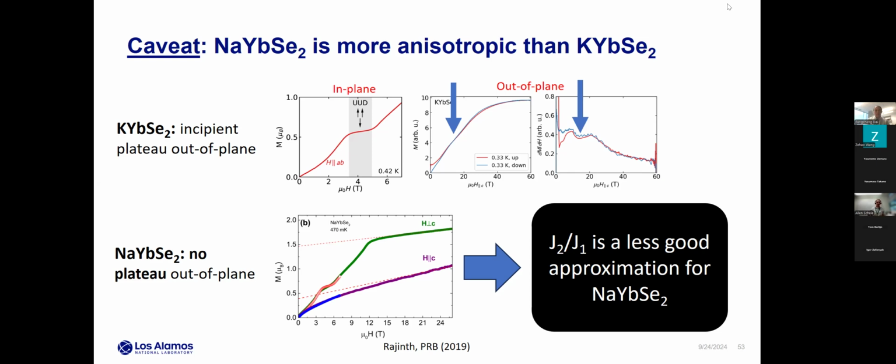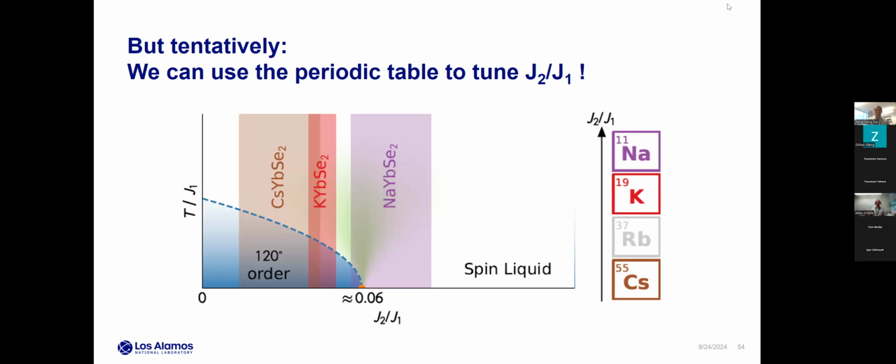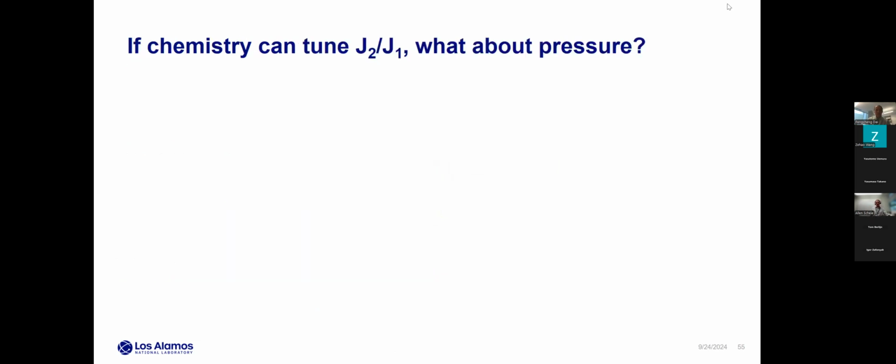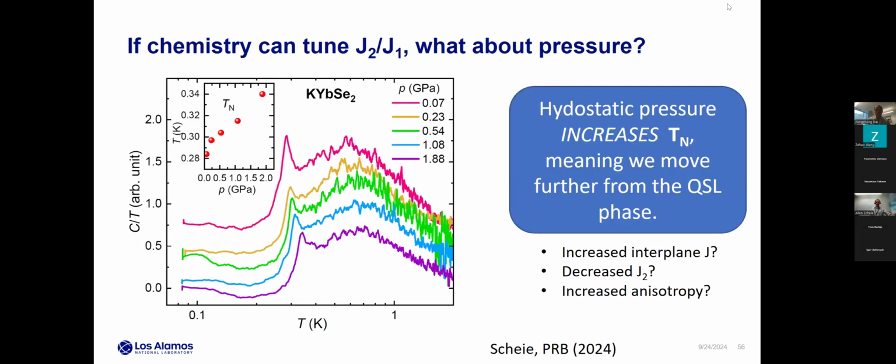But nevertheless, if you go to the next slide, it is clear that to kind of the zeroth order level, you can use the periodic table to precisely tune how close you are to this phase boundary with the quantum spin liquid. So next question that we asked, next slide, please. If you can use chemistry to tune the J2/J1, what about pressure? So we put the potassium compound in a pressure cell here at Los Alamos and measured its heat capacity down